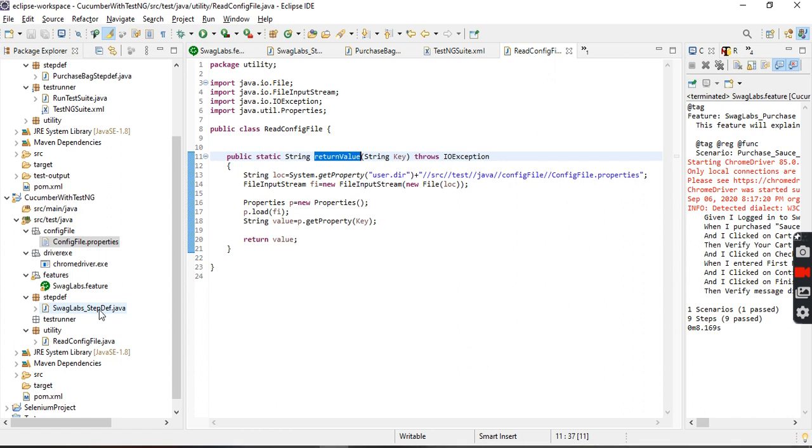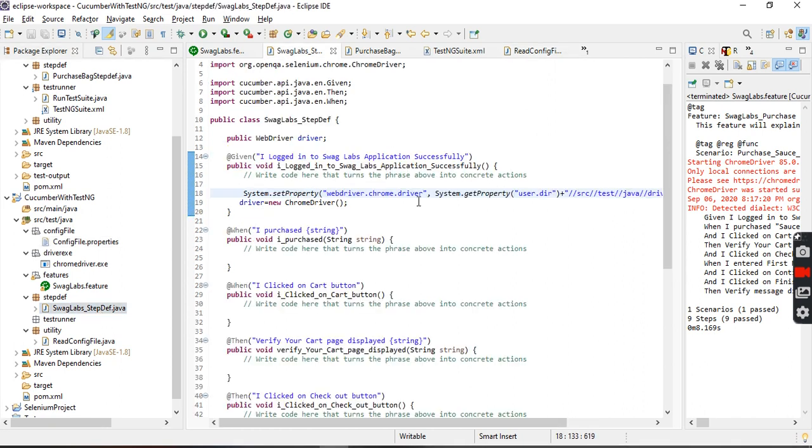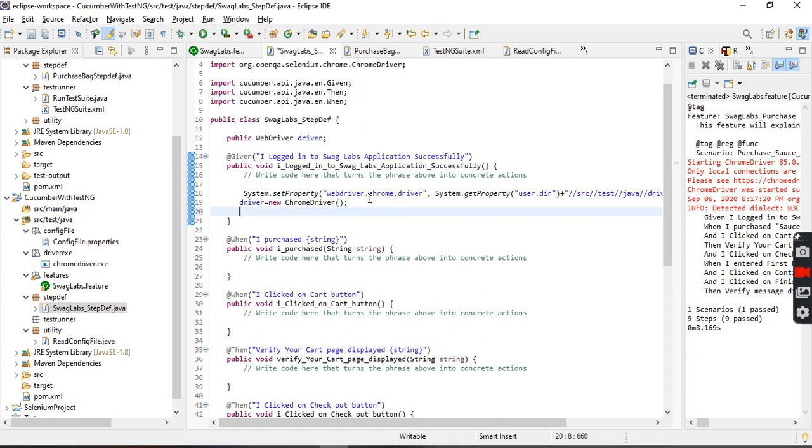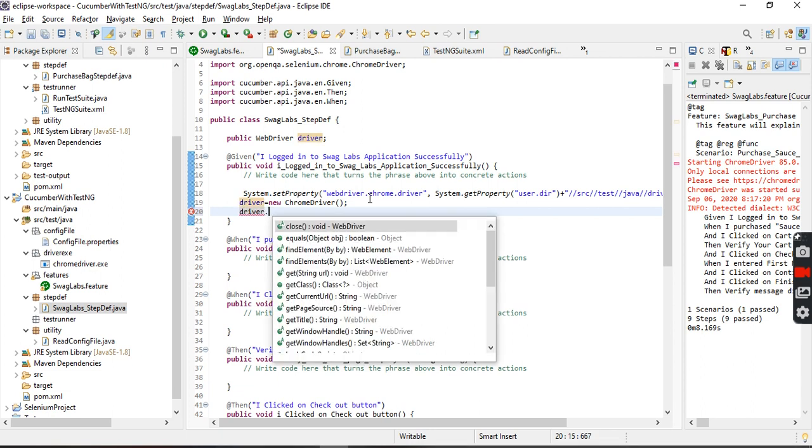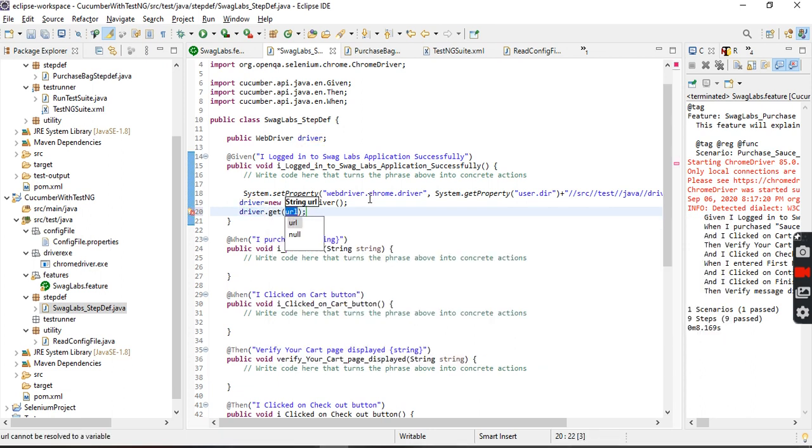Okay, now let's go here. There is a step definition here. In the previous video we only did launching the browser. So how to open the URL? driver.get of this one, right? So how to read the URL? We need to use this function, right?